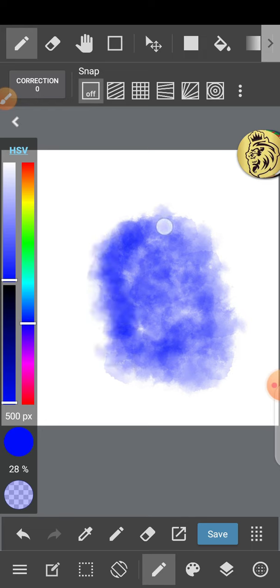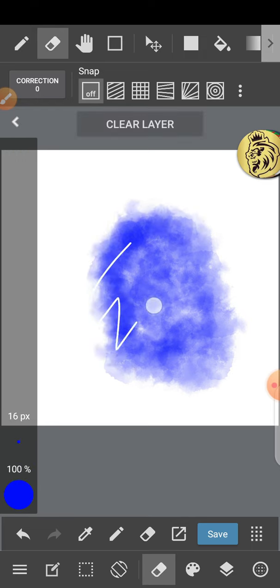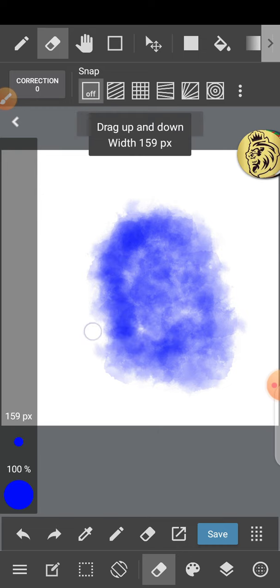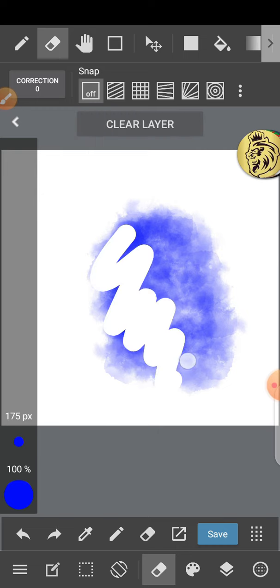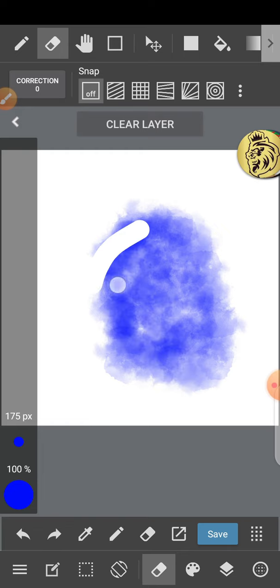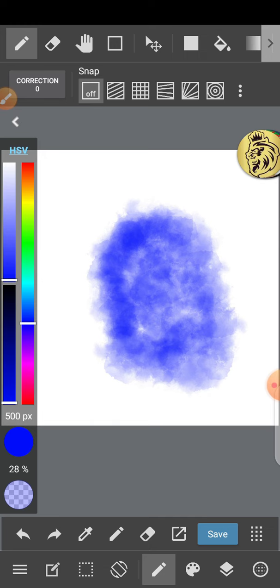If I decide I want to erase this, but I still want to keep this quality, and I pick the normal eraser, are you seeing what it does? I'll just increase the size now. Are you seeing what it does? It doesn't give me the kind of feeling I want, or the same effect as this brush. So all I have to do is stay on my pen tool selected, and I'll click on my palette icon,